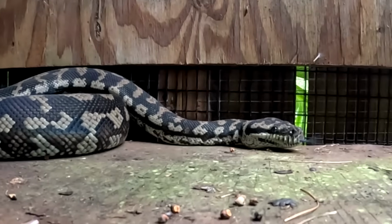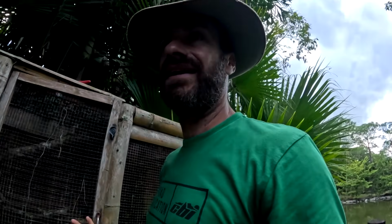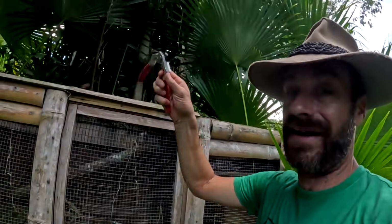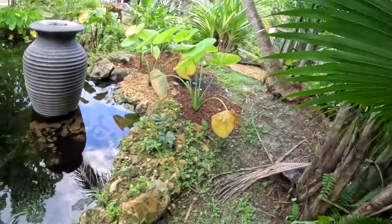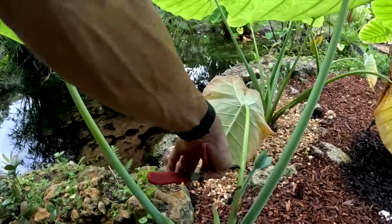Pretty cool. Awesome, awesome snake. Hey, bud. All right, let's leave him be and see what else we can get into here. Oh, and as a matter of fact, there they are. I don't want to lose these either. I always put those suckers down, and then I don't know where I put them. But I wanted to just do a quick little snippies of